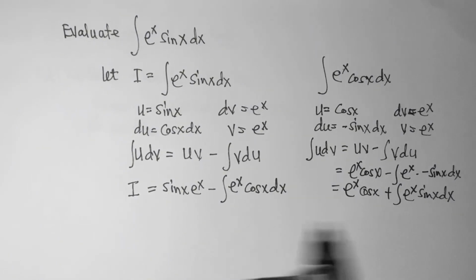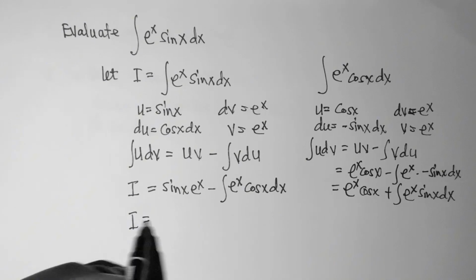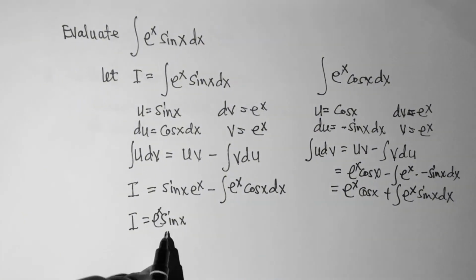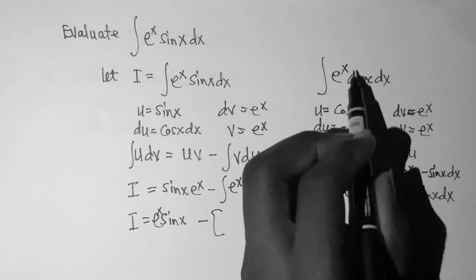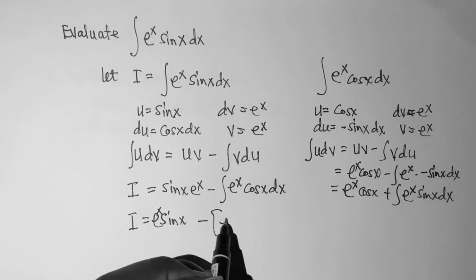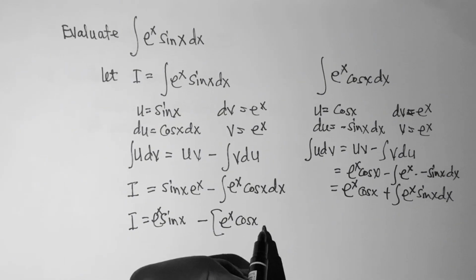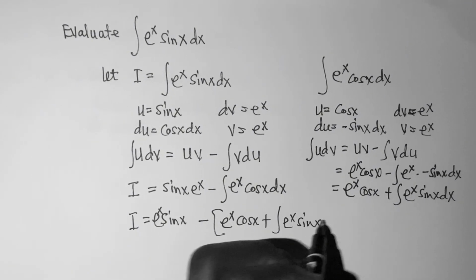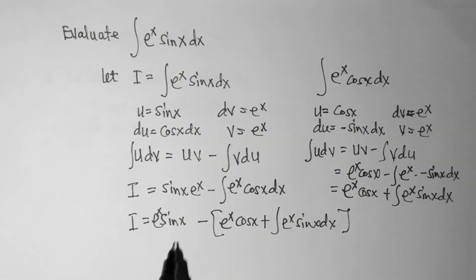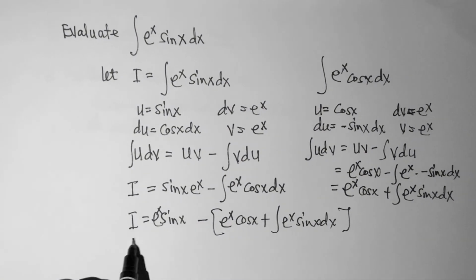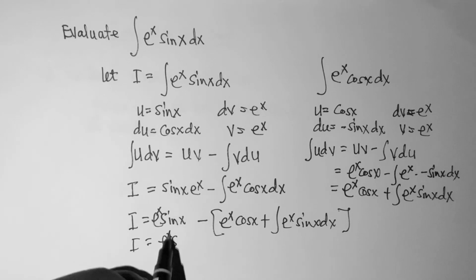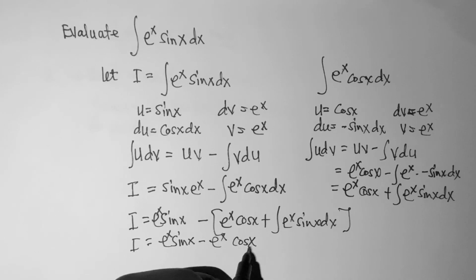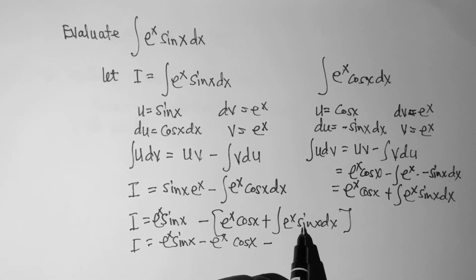So let's take all of this and insert it here. So I is equal to exponent x sine x, then minus the integral of all of this, which is exponent x cos x, then plus integral of exponent x sine x dx. So let's remove the bracket. So I is equal to exponent x sine x, then minus exponent x cos x, then minus,